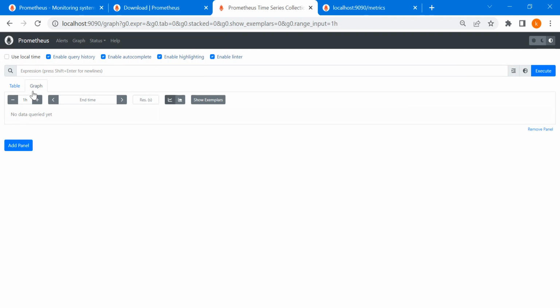Here we have graph options, and we have tabular data. Let's say